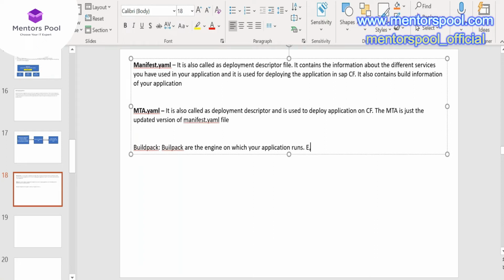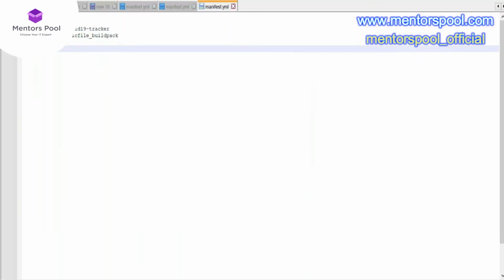So if we talk about the example of Java, to run a Java program, we need something called JRE, Java Runtime Engine, right? To run a Java program, we need JRE. In the same way, to run different applications which are built on different technologies, we need Buildpacks. We need a Buildpack, and this Buildpack needs to be defined here. So that is a simple minimum configuration. Obviously it can go to 100, 250, 300 lines, but this is the minimum configuration we need to deploy